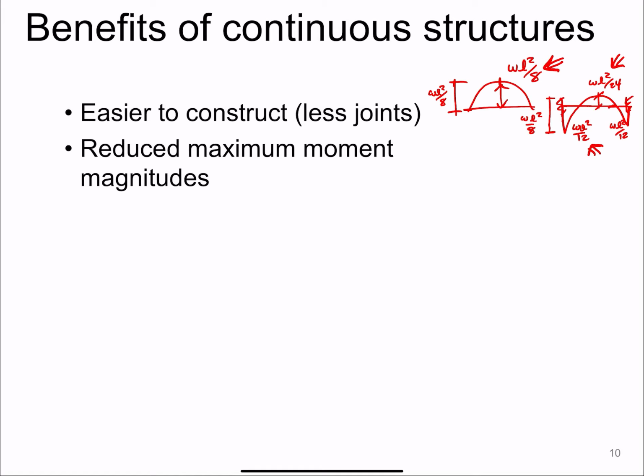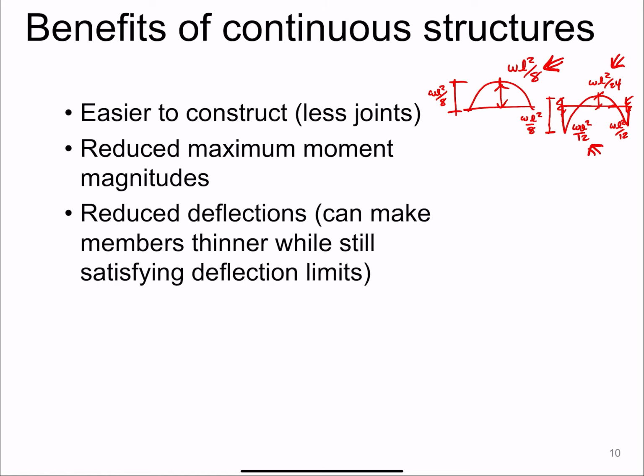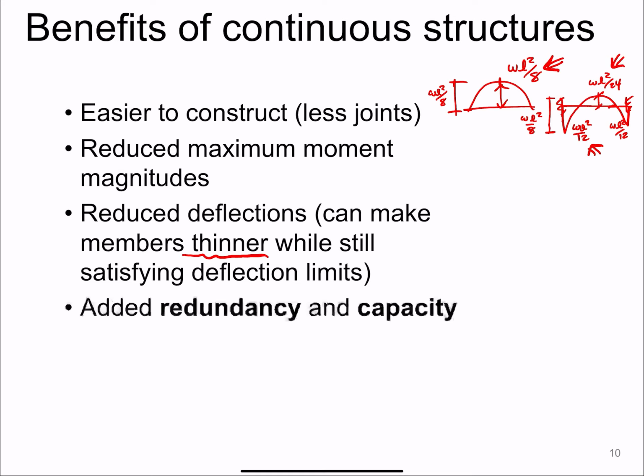So you reduce the maximum moment magnitudes. And if you reduce the moments, you have reduced deflections. You can make members thinner while still satisfying deflection limits. And you add redundancy and also capacity. Redundancy because,